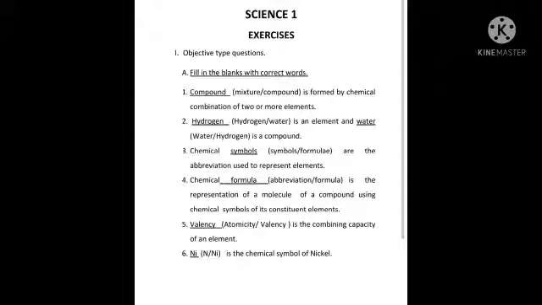Then choose the correct option. Which out of the following cannot be broken down into simpler substances by chemical means? Answer is element, is it? What is the chemical symbol of iron? Iron you all know that is Fe. F should be capital letter and e should be small letter. Which of the following represents the chemical formula of a compound? Compound means among these options, that is carbon, calcium, copper, carbon dioxide. Carbon dioxide is the correct answer.